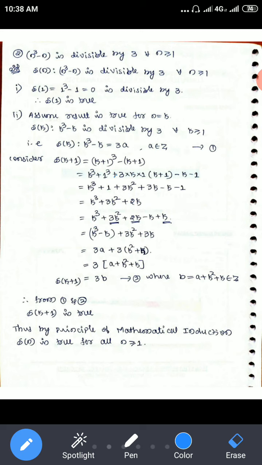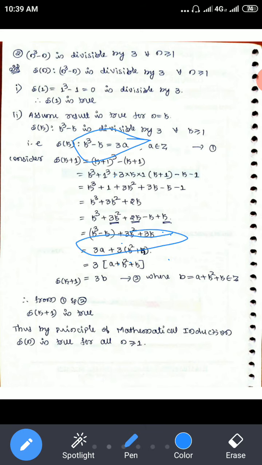Remaining term you can see here: 3k square, 2k plus k is 3k. k cube minus k, friends. What is k cube minus k? 3a. You write it 3a. 3k square plus 3k. So here you can see 3 is common, k square plus k. So between these two,